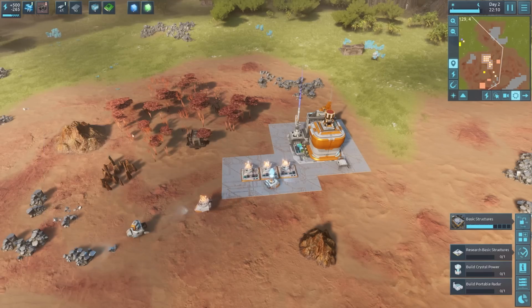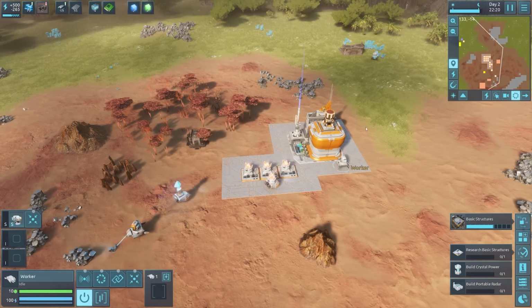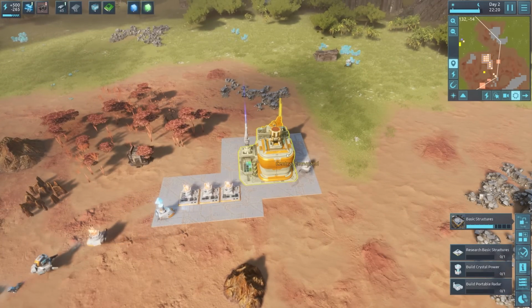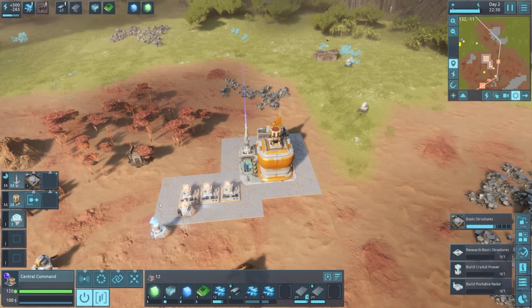Okay. Do I need to make a miner? Yeah, I need to make a miner. I've already made a miner. Okay, that's cool. Right, let's go and get you over here. I mean, I guess let's experiment with making some...